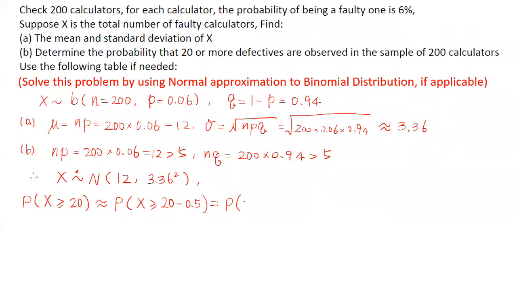And then this becomes X equal to or greater than 19.5, which is standard normal distribution Z equal to or greater than 19.5 minus mu divided by 3.36, okay, which is